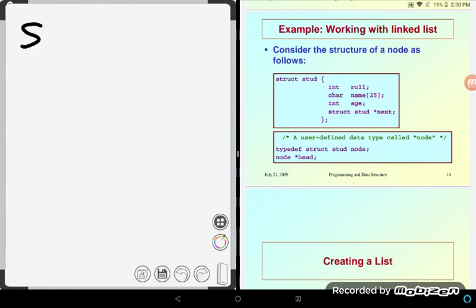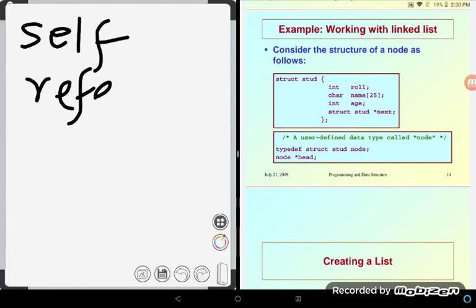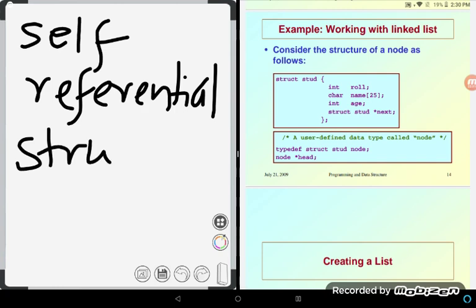Self-referential structures are not an easy concept. It takes some time to understand what is meant by self-referential structures. In the next video we will talk about self-referential structures in detail. For the time being, I am winding up. Okay, thank you.